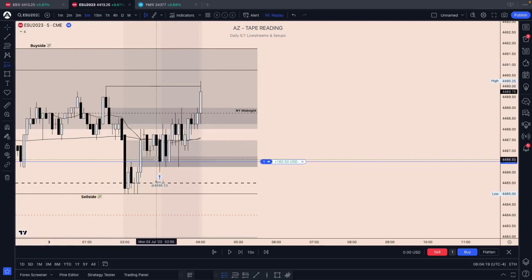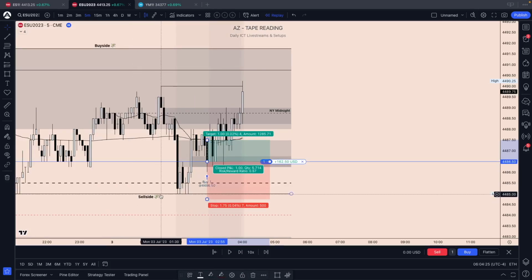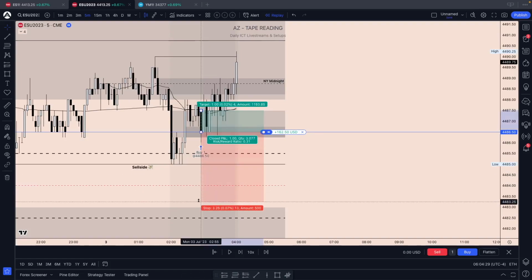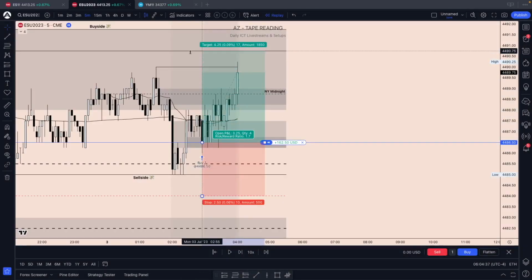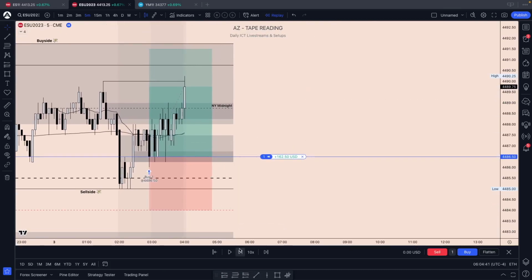Remember, we entered right here prior to the London Open inside of this bullish fair value gap. Stop loss really one tick below these equal lows. We could also see a stop hunt, so even if you go for a 2.5 handle stop to maybe cover for a potential stop hunt, we'd still be fine. Like always, I would target 5 handles during the London session or London kill zone,